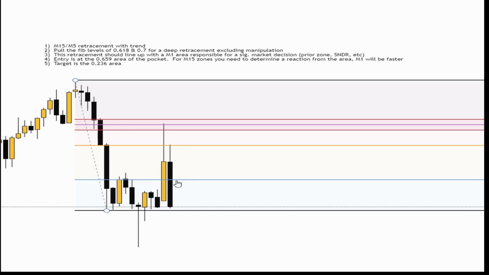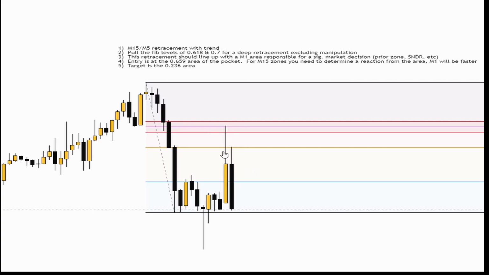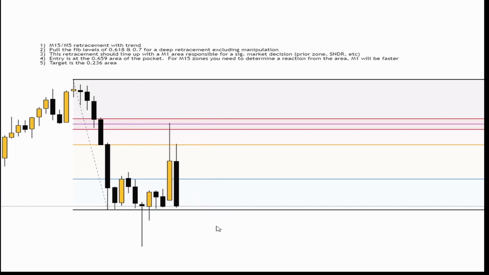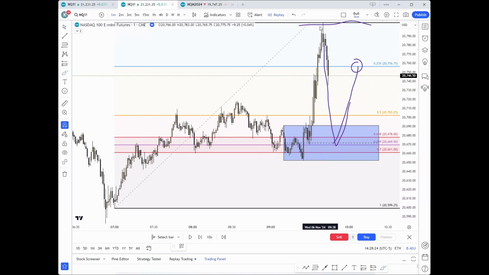And you're immediately looking for your target of the 23.6 in this example, right? But with practice, you'll determine when you're looking for this entry and when you can start looking for this low or continuation of the trade. When you guys are starting out, until you achieve some mastery, take the trade from the pocket and then take your exit here. So again, this is the combo aspect of it, where we've got our trend,